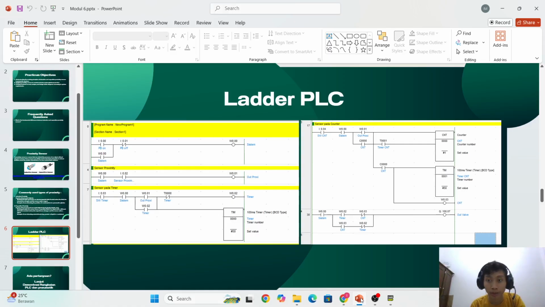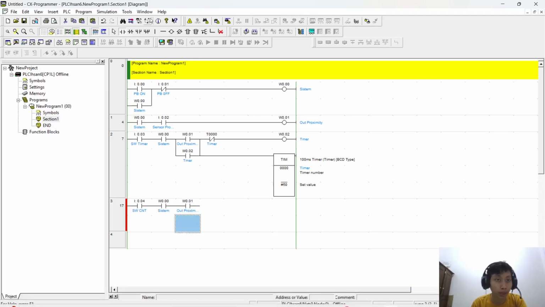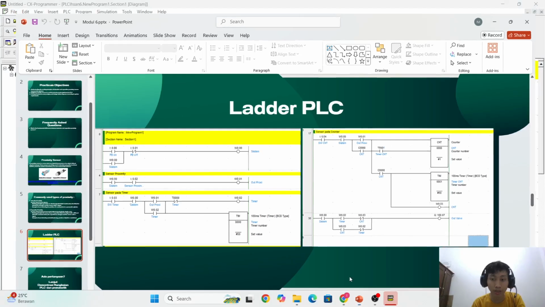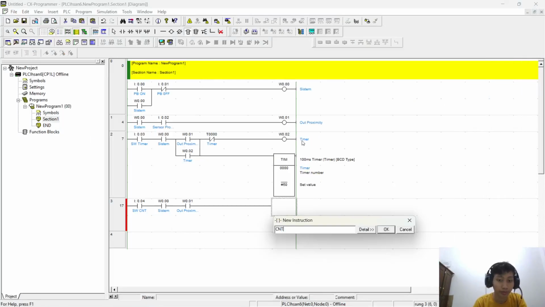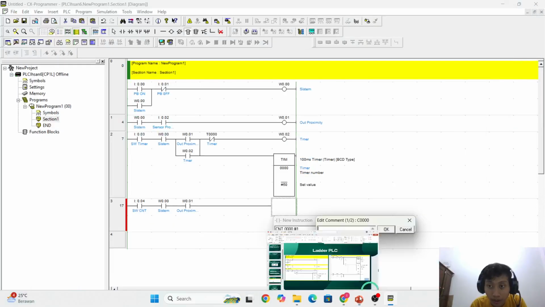Next, so I think I will make the browse, sorry, maybe build instruction first. CNT 000 and #1 CNT.